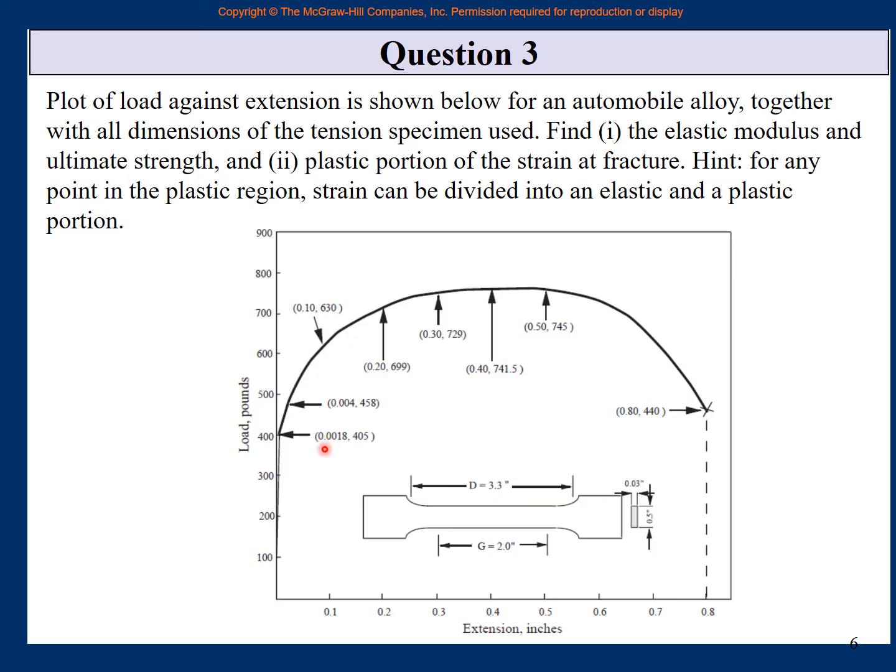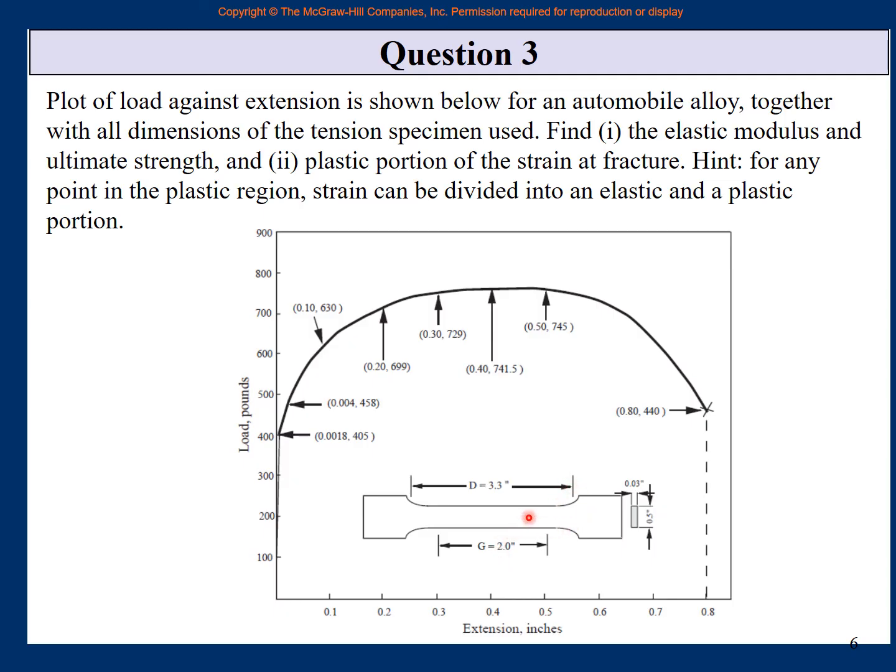So then this is the tension sample, the dog bone sample, which is the standard one. And this is the length. If you remember, this 2 inch is the gauge length. So the strain is measured only in this length. The whole length of the piece is not used in measuring the strain. So if an extension is given, then that divided by this will be the strain, right? Change in length upon length. The change in length is given there, and the original length is 2. So that will be the strain every time.